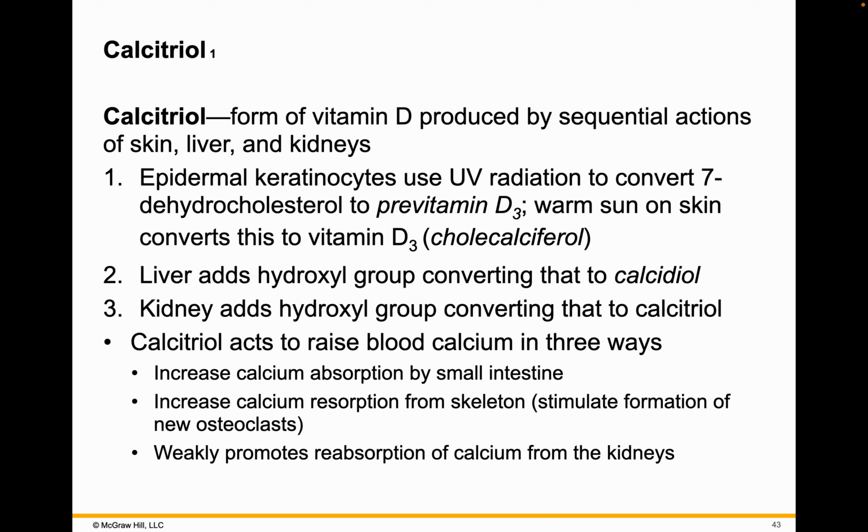First, the epidermal keratinocytes use ultraviolet radiation to convert 7-dehydrocholesterol to pre-vitamin D3. Warm sun on the skin converts this to vitamin D3. The liver would then add a hydroxyl group, converting it to calcidiol, and the kidney adds a hydroxyl group, converting that to